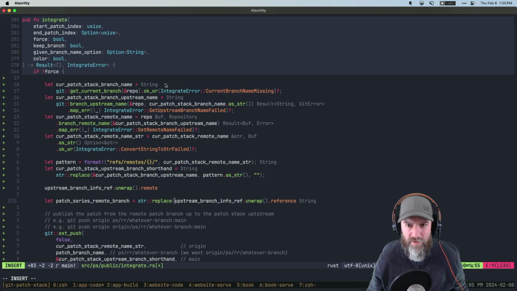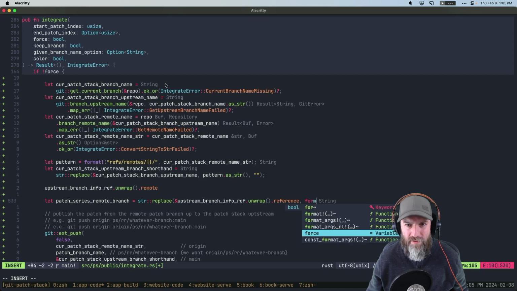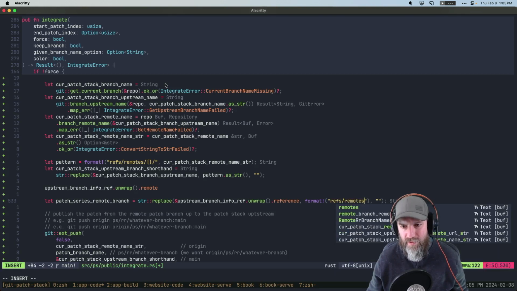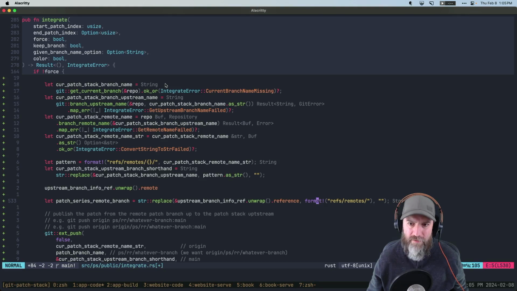Because we're going to do address of this guy. And we're going to do whatever the pattern is. Our pattern's going to be, we're going to replace it with nothing. So our pattern's going to be refs remote slash, and that should give us